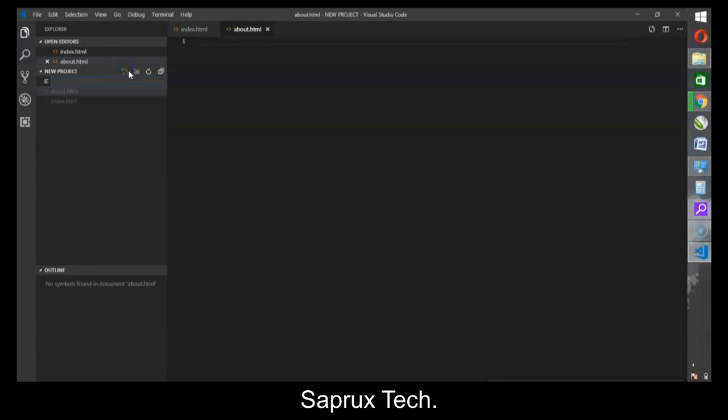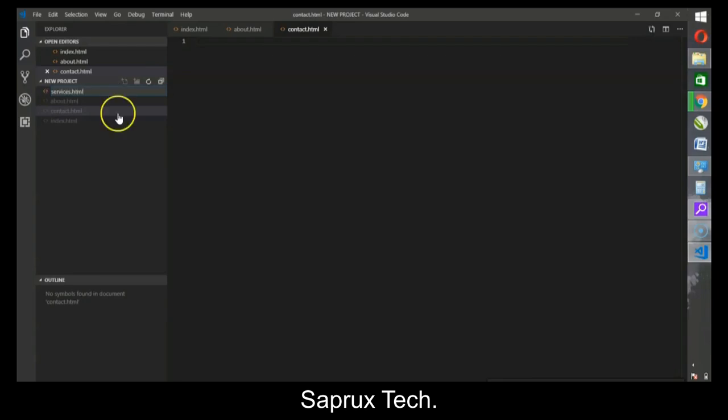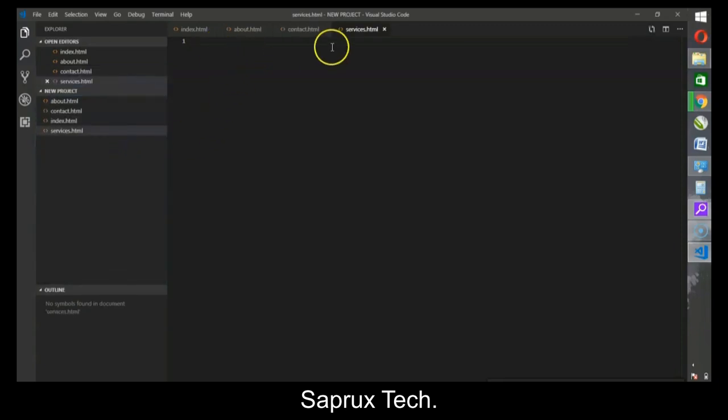I'll title it contact.html. I'll create another one. I'll title it services.html. So now I'm creating all these files inside VS Code, but they are showing in my folder back there